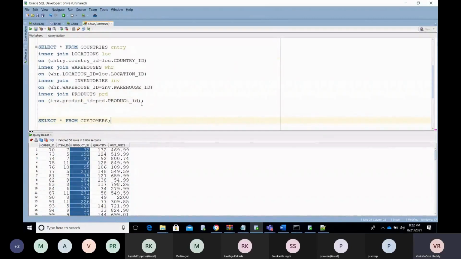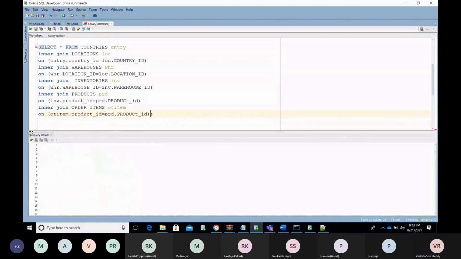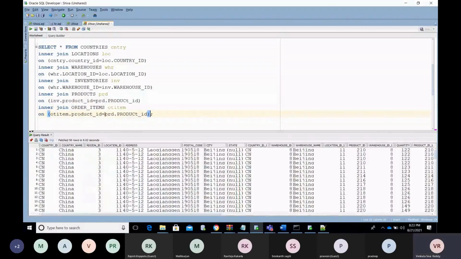So inner join order item, OT item, and order item has the product ID. So from the product table, you need to put the join. Okay, now you got the information.